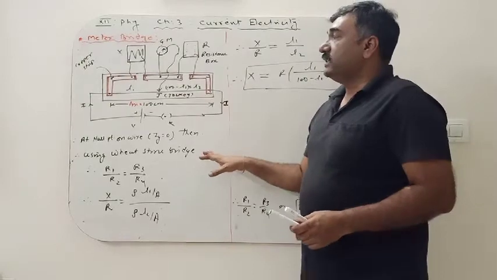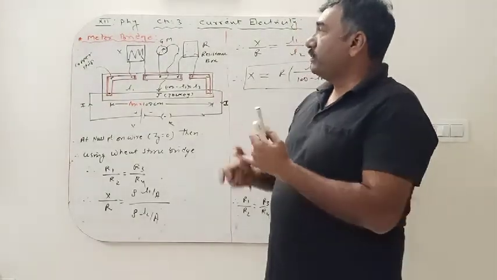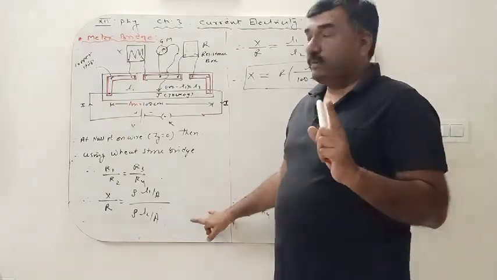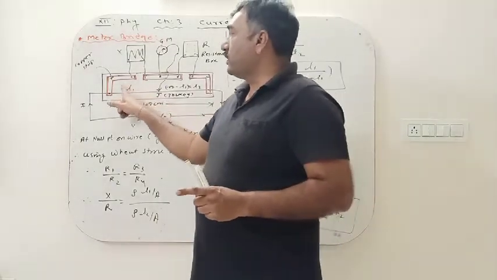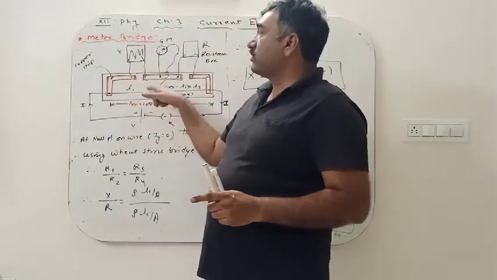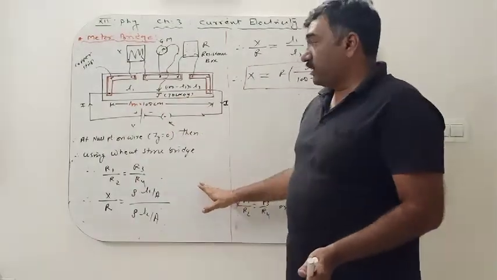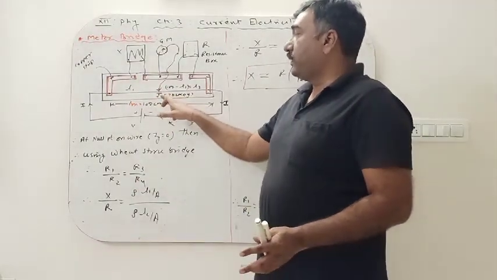So the meter bridge is practically used as a Wheatstone bridge. Why is it called a meter bridge? Because the length of the wire is 1 meter. Why are the copper strips used? With broad thickness, its resistance is less, so that the resistance of the strip is not added to the resistance of the unknown wire.